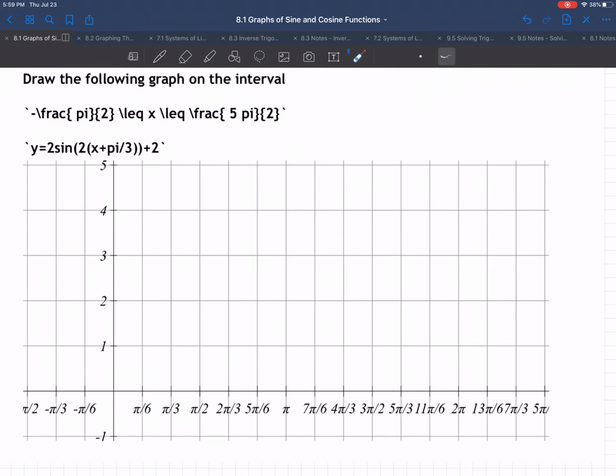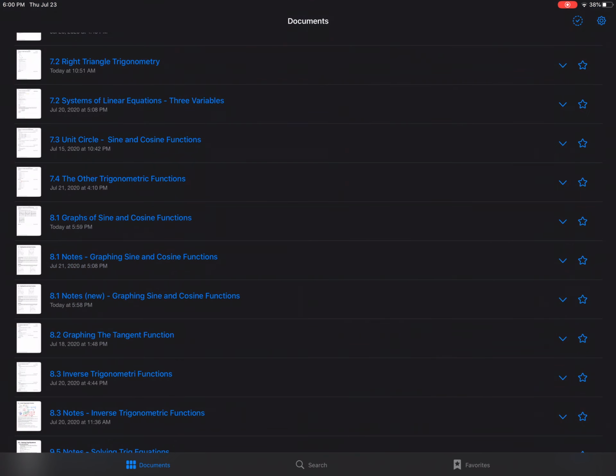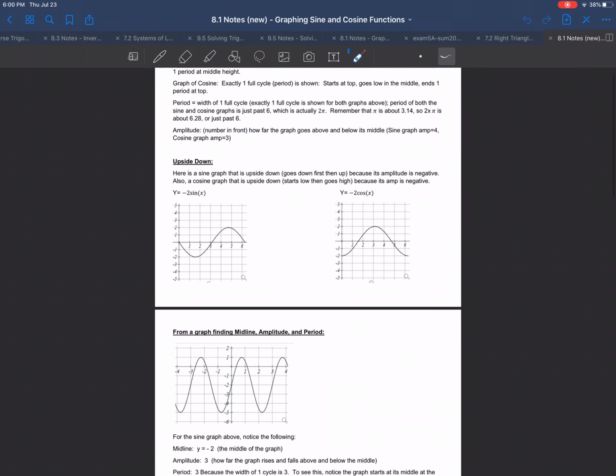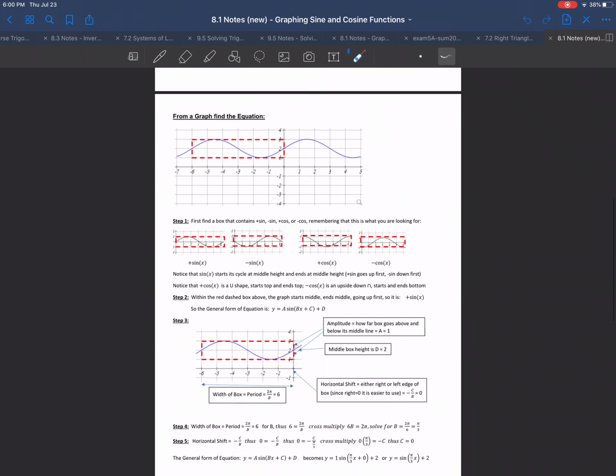Here's an example of graphing this function. Graphing can be pretty tricky, so let me help you with the graphing. Specifically, I've sent you notes. Let me show you those notes. And here's the note for graphing